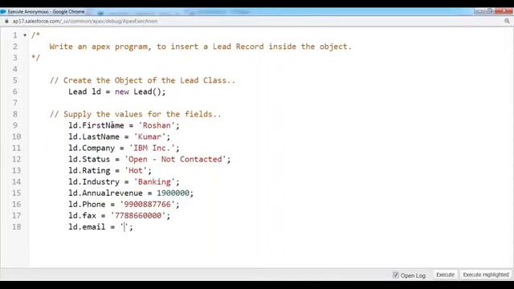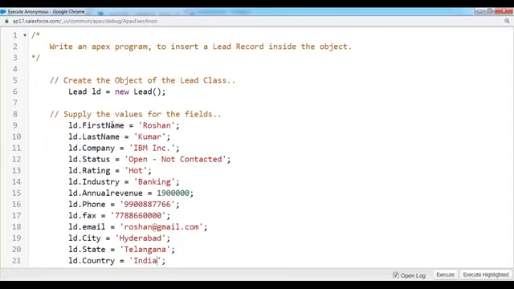LD.email, the lead person's email ID, I'm indicating roshan@gmail.com. LD.city, some Hyderabad. LD.state, I'm giving some Telangana. LD.country,